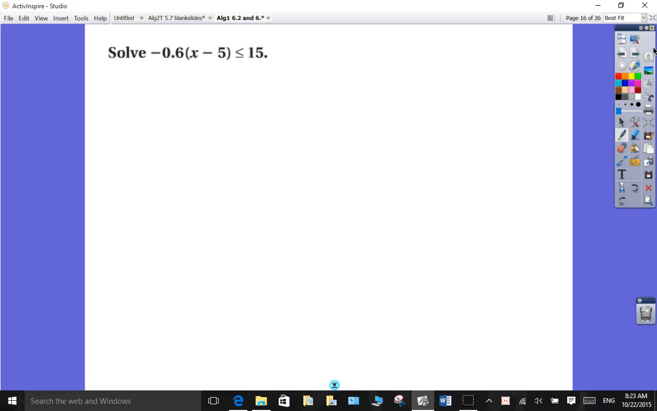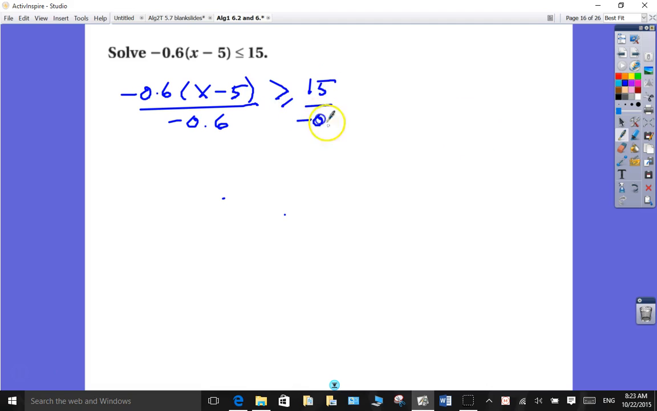Another option, though, instead of distributing, is divide. Get rid of the negative 0.6 first. So I'm going to do that. Negative 0.6 times x minus 5 divided by negative 0.6. And then I switch the symbol at that step. And now I have 15 divided by negative 0.6. Right? These cancel. X minus 5 is greater than or equal to